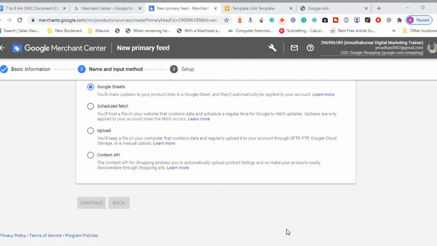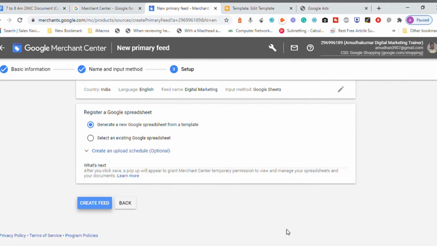Okay, I click on allow. So automatically a sheet will be created with Google Sheets, and that will be linked to my Google Merchant Center account automatically. I want this Google Merchant Center tool to generate a new feed and connect with it. So I click on create feed. There are other options also. If you have an existing Excel sheet, you can upload that Excel sheet. That is an option.